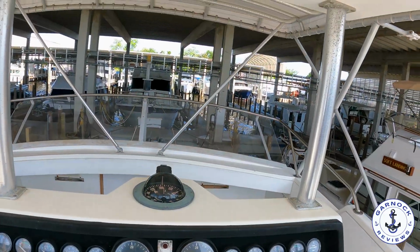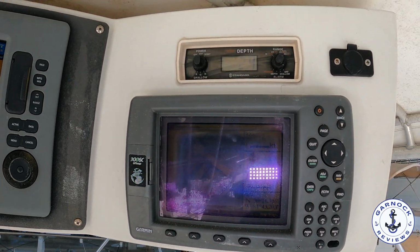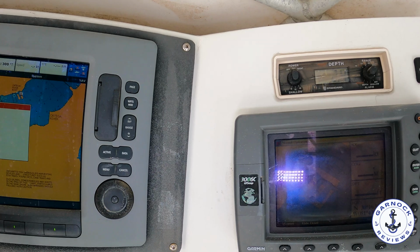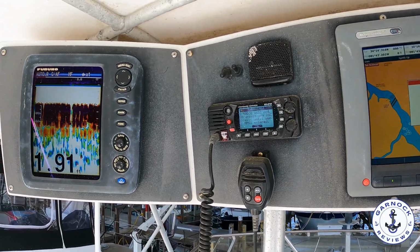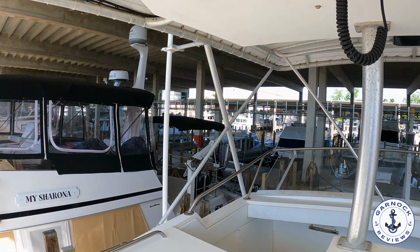And I like how much room there is overhead for the electronics. You can keep what's here, or if you ever wanted to, you could upgrade them as well. Initially, we've got the Garmin. This is the 3006C GPS map. Depth alarm overhead. Moving along, you've then got the multifunction display. You got your fish finder, you got your VHF radio,